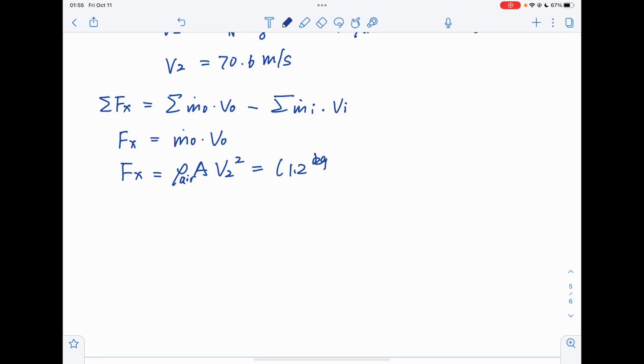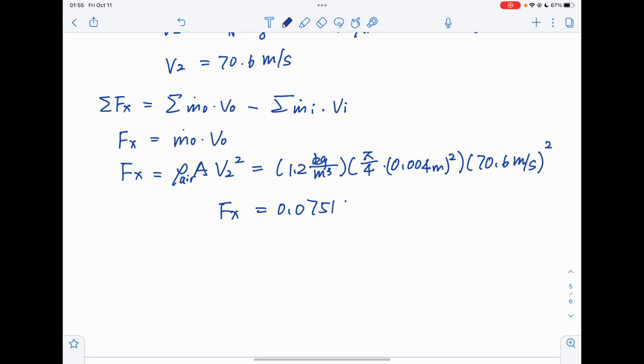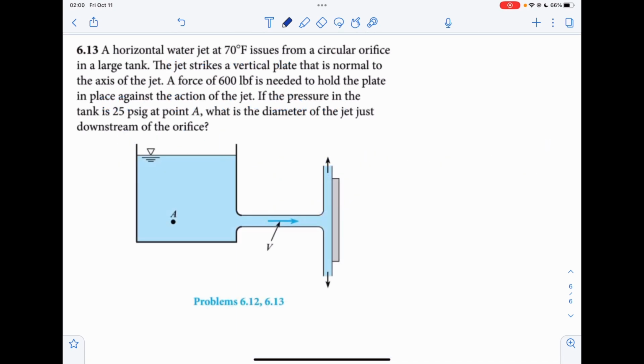1.2 kilogram per cubic meter times the area, which is pi over 4 times 0.004 squared, times the velocity, 70.6 meter per second squared. So the force is equal to 0.0751 Newton. Now let's look at the last problem,